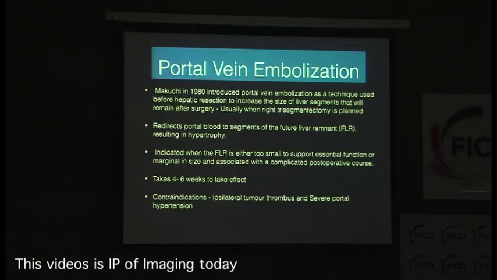Okay. So now what you can do to increase the functional liver volume is do something called a portal vein embolization, which was introduced in 1980. So what happens when you do a right hepatectomy is all the blood flows into the left lobe. Because you remove the right lobe, that itself contributes to liver injury because the liver can't take so much blood flowing into a small amount of liver all of a sudden. So what it does is it conditions the liver which is left behind to deal with the increased flow while some part of the right liver is still there.